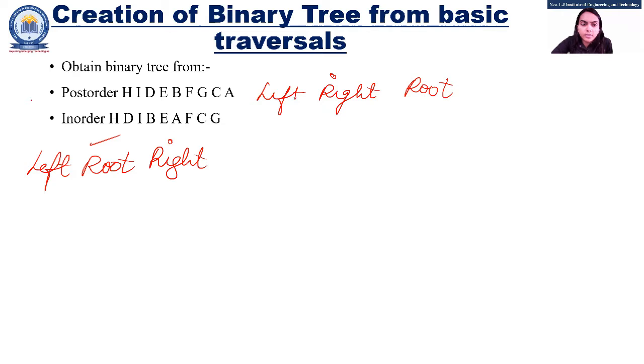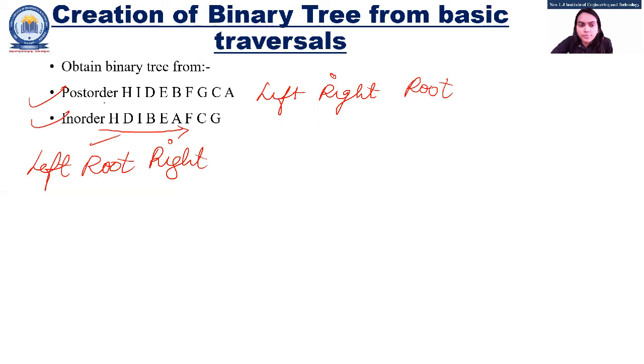So now when you are given both traversals, in order traversal is nothing but the binary search tree, which we will be learning in a while. You could be given post order and in order or pre-order and in order. In both ways, we would be able to generate a binary tree. So these are the traversals given, but now we need to generate a binary tree. So now we have to map it with the given sequence.